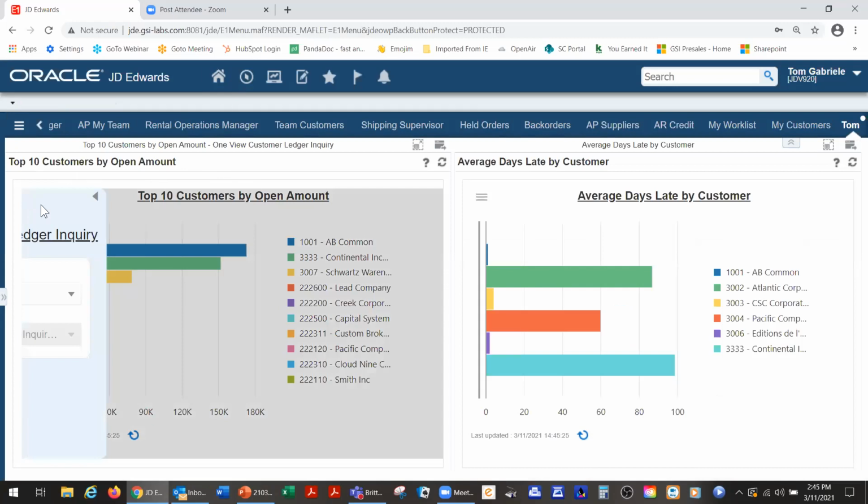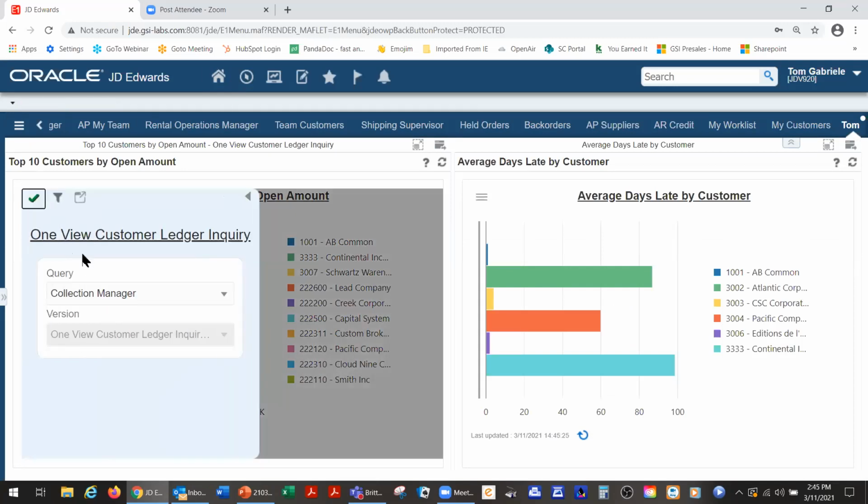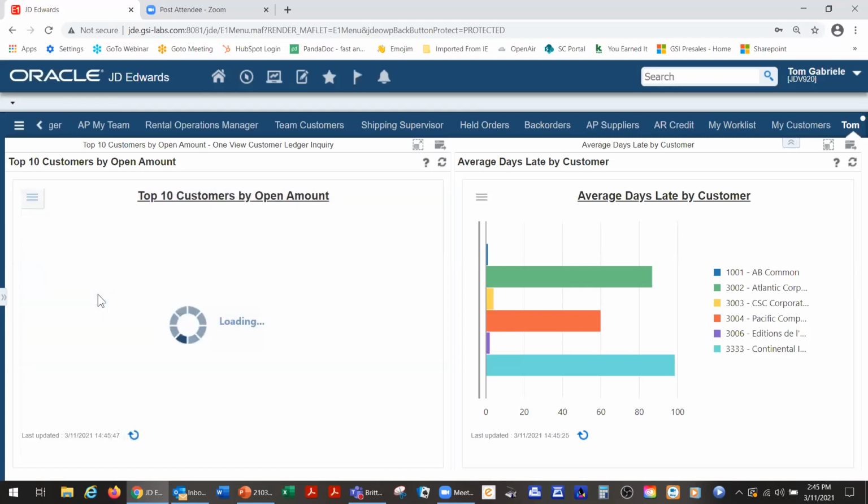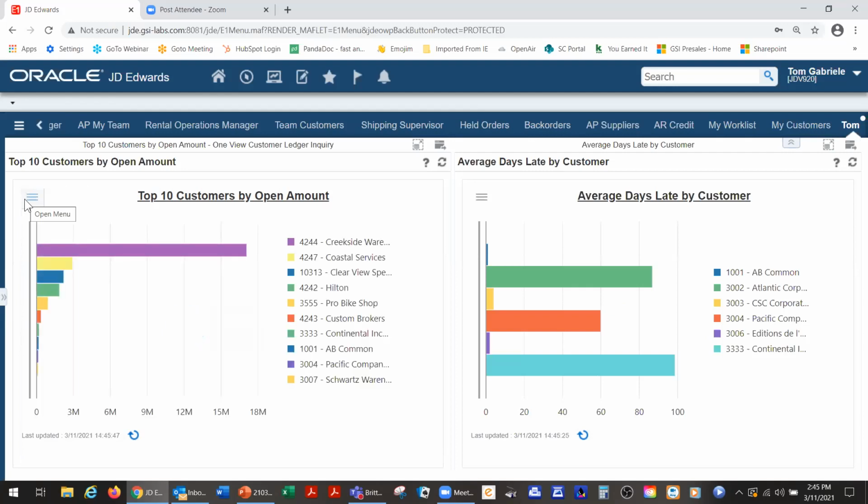When I open the menu, it says you're looking at customer ledger inquiry, but what query are you using? Well, I'm using a query that was defined as something else. If I say, let me see all my customers and companies, now when it comes back, notice I'm going to have the list of customers that I saw before: 4244, 4247,